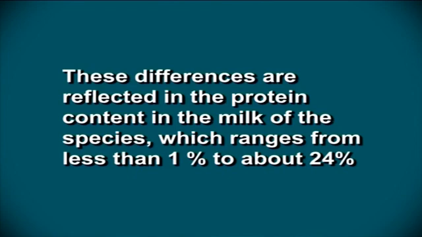The young of different species are born at different states of maturity and consequently have different nutritional and physiological requirements. These differences are reflected in the protein content in the milk of the species, which ranges from less than 1% to about 24%. The protein content in milk is directly related to the growth rate of the young one of